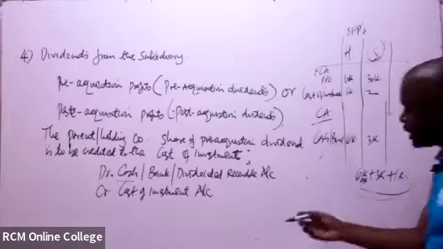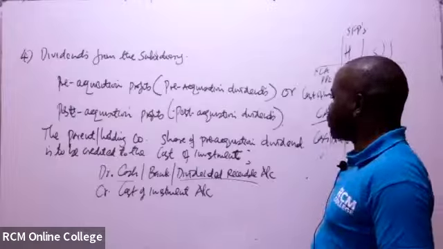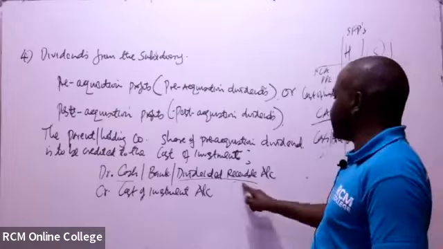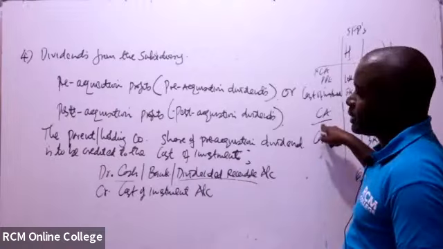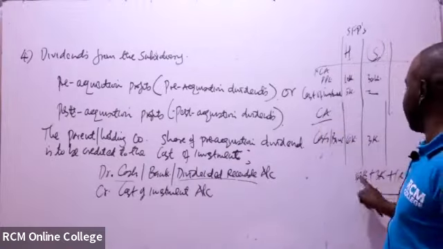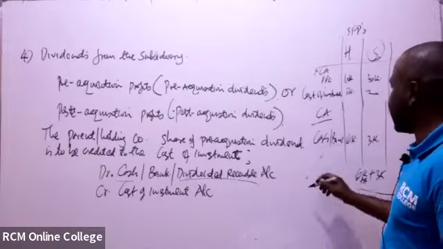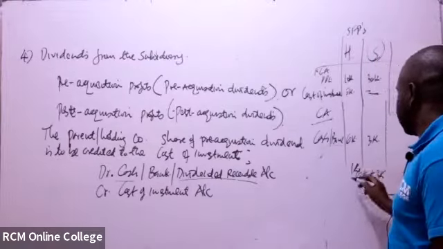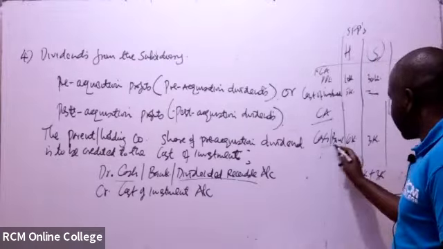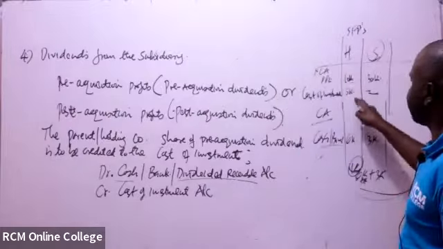But if it has not yet been paid, it can be a debt. So the subsidiary is yet to pay. It becomes a receivable, and still it appears as an asset. So you won't add it to cash, but you'll create another current asset. You call it dividend receivable. You put that 1K. You recognize it separately from the cash, because it was not received as cash. While in this case, you deduct from the cost of